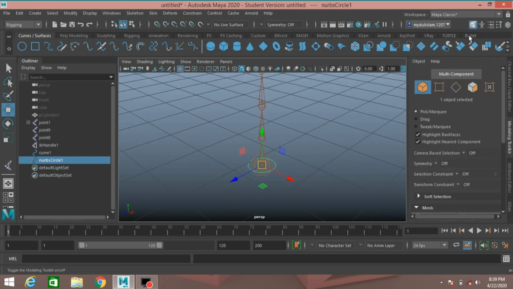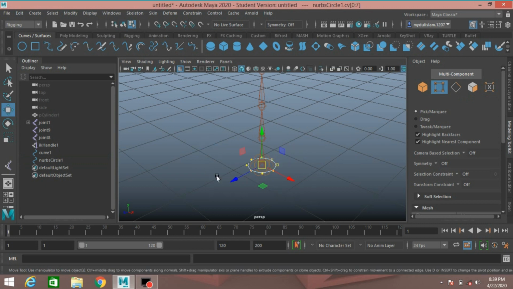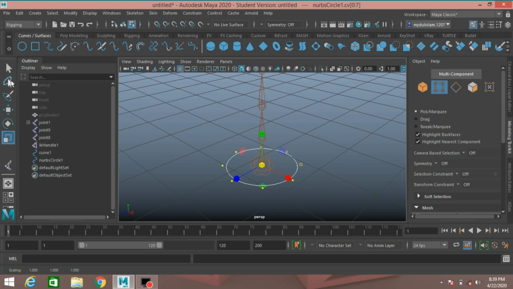Now go to modeling menu, vertex mode, select all the vertices and scale just like this. You should scale in vertex selection mode, don't scale it in object mode. This will change the pivot point.